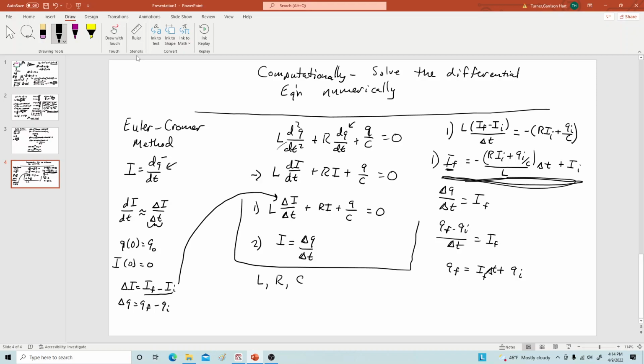So we have these two equations now, right? We have these two equations. And so to kind of give you a sense of how this works, the